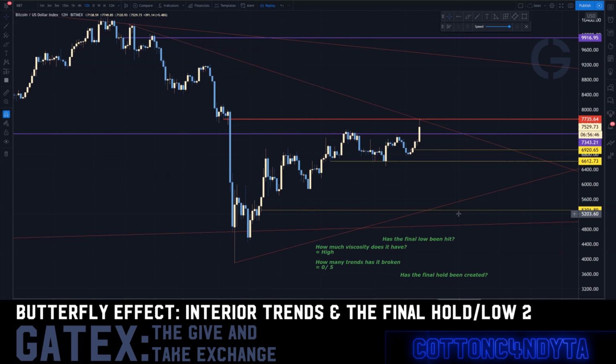But this is an important part of the chart to understand when we start to work with trends. And this is a good way to look at exterior trends. But you have to understand this to understand how interior trends work, okay? So interior trends are something completely different. Interior trends are what dictates.